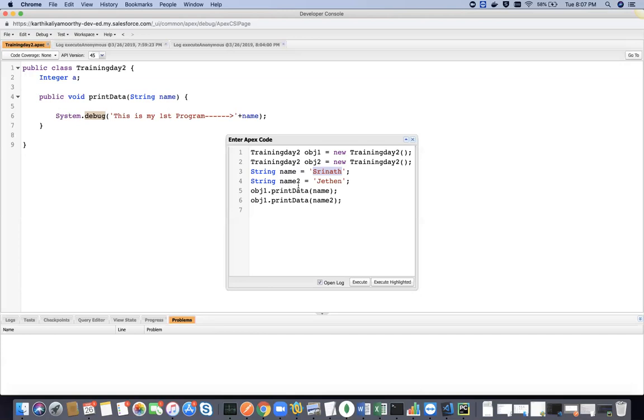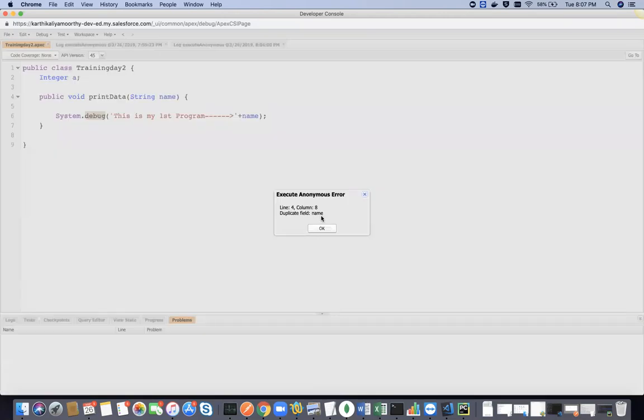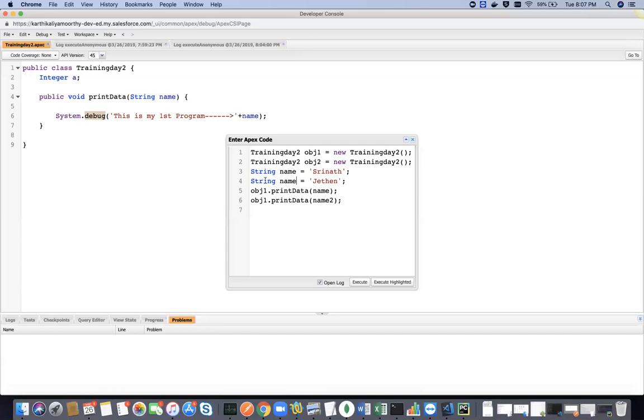You cannot have the same variable declared twice in the same program. It is going to throw a duplicate error. For example, I'm having two name variables here. When I try to execute, it says duplicate field name, because you are confusing the system. It cannot tell what this name will do and what that name will do. But if you take this name out, it will work because you already declared the name, and